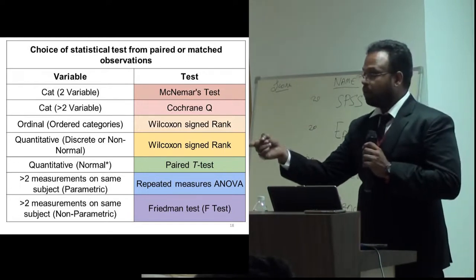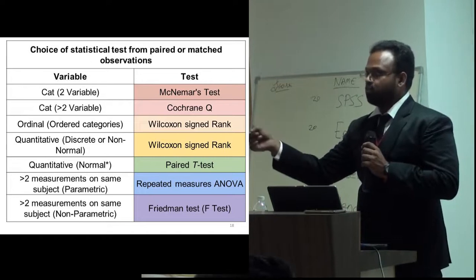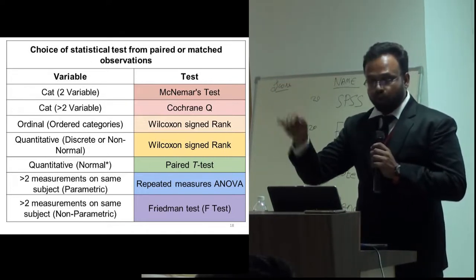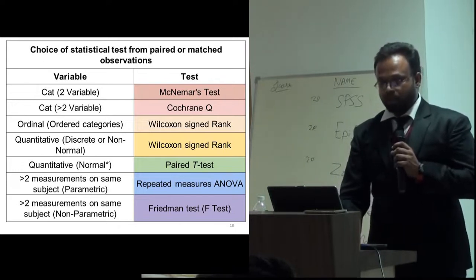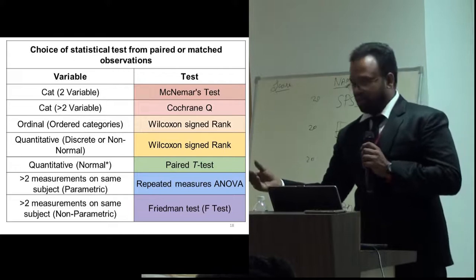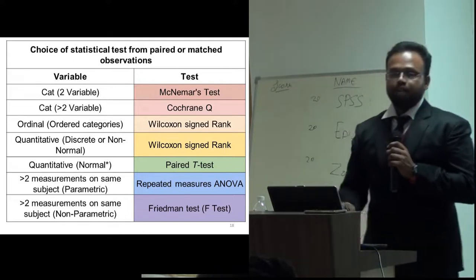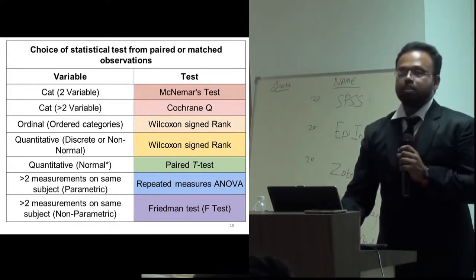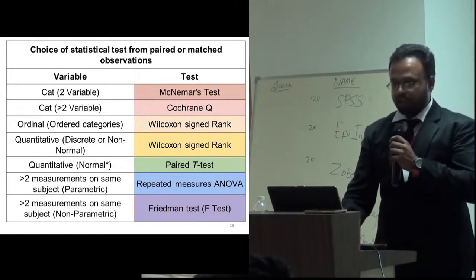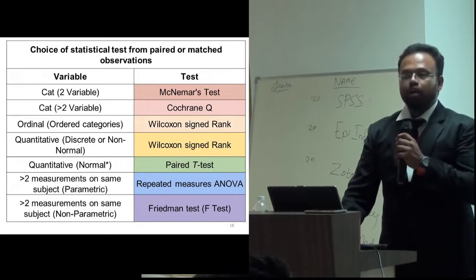Sometimes you may need 1 month, 2 months, 3 months, 4 months like that, for the effect of the drug on BP. Then you need to use repeated measures ANOVA. And if the outcome variable is categorical, then you need to do Friedman test. Okay, this is the simple thing. Based on this, I have given